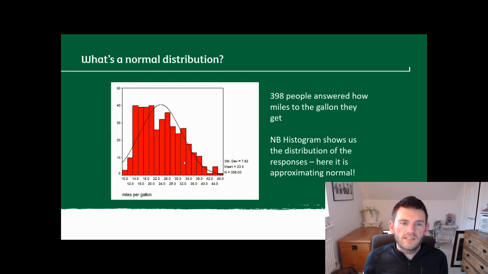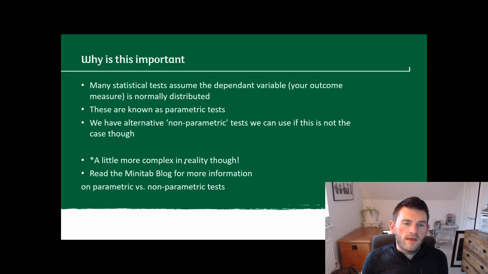So these are the different distributions that we might encounter. And it's important to understand this and understand our data, particularly when it comes to continuous interval and ratio measures as our outcomes. It's important because the dependent variable, the outcome variable, in many statistical tests is assumed to be normally distributed. There are also a number of other assumptions that we make in some of these statistical models, but